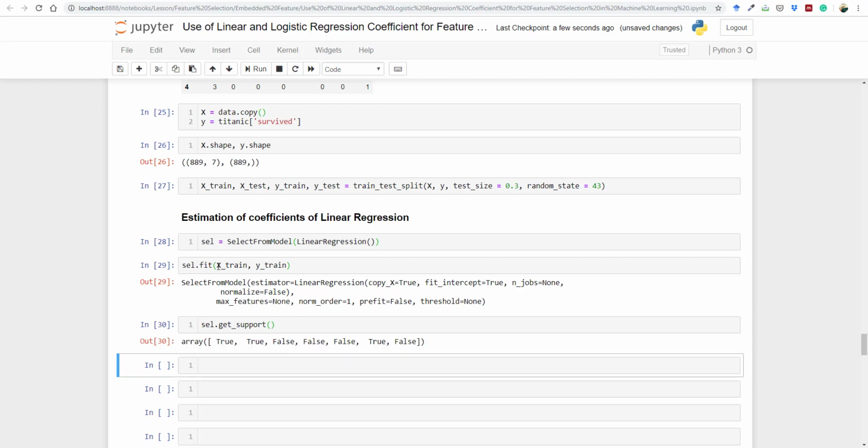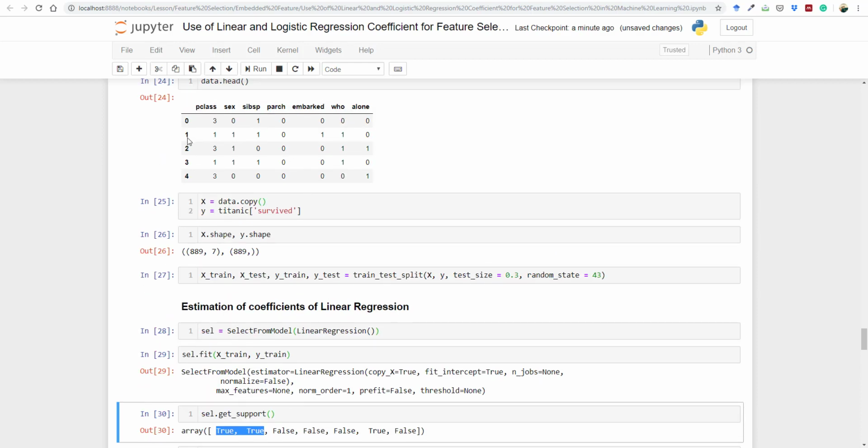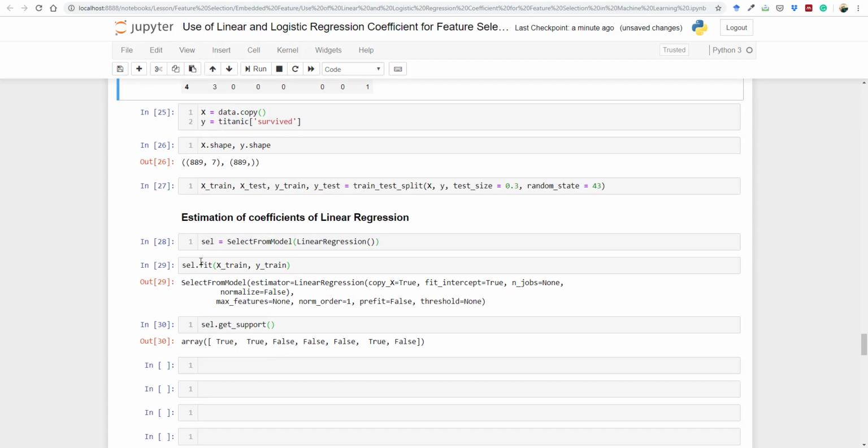With this get_support, it says that the selector has selected these features only. Okay, and these features are the first 2 features. That means those first 2 features are the passenger class and the sex, and then finally the second last, that is the who. So with this SelectFromModel, what it does is it calculates the coefficients of the linear regression,